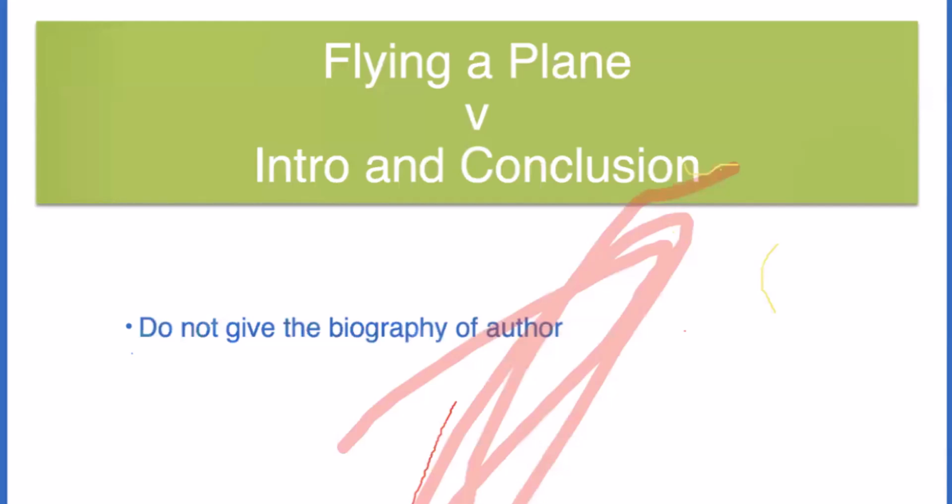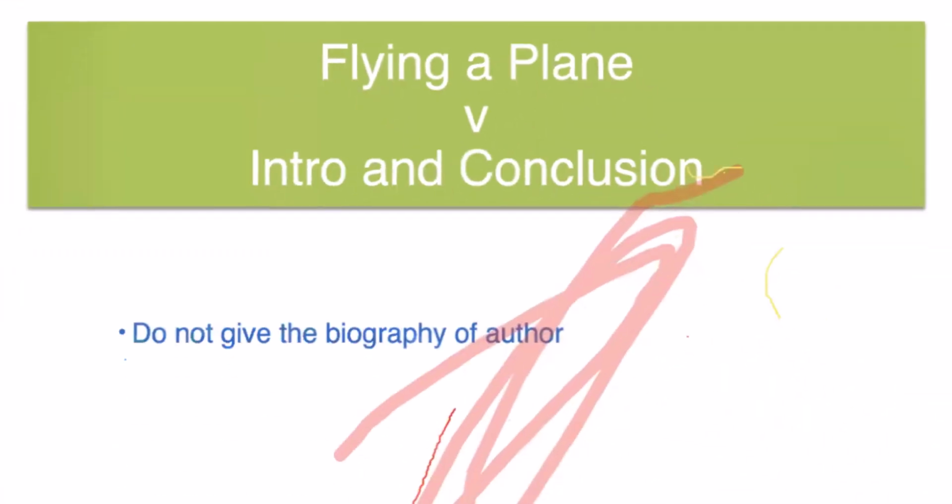Do not give the biography of the author. So if the question is "Law is the command of the sovereign, analyze," the question is not asking for the biography of John Austin, who he was, what work he did, what his famous works are. Nobody is asking. The question is not asking you to write that. So do not feel as if it's your bounden duty to reproduce the biography. जीवनी लिखनी नहीं होती है. Fine. So do not give the biography of the author unless, of course, it has been asked. And usually it is not.